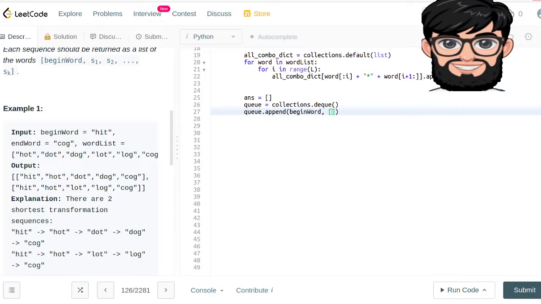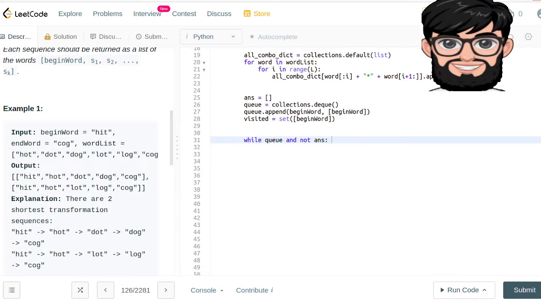Also we need a visited set, so that we can be sure that we have already visited it, initialized with the begin word. Now while the queue is not empty and we don't have an answer yet,